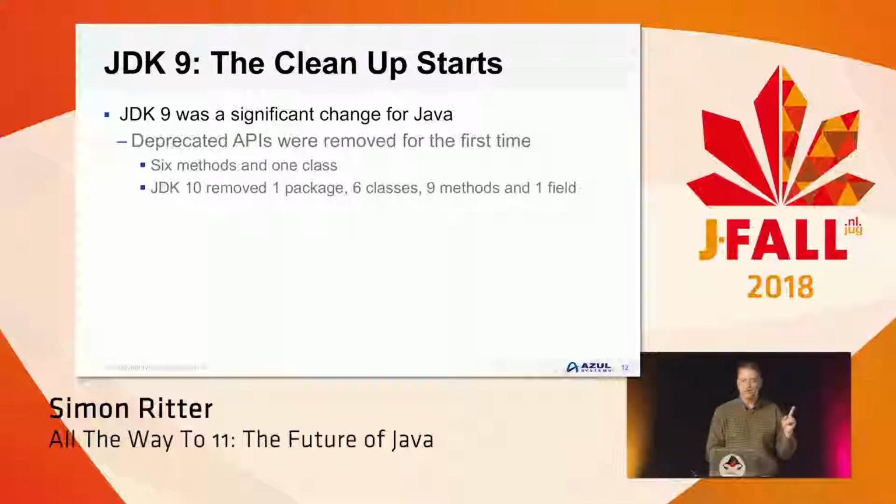They removed one class, which actually wasn't even part of the standard. That was in the Java Authentication and Authorization Service. And they removed 6 whole methods. That was it, 6 methods. And you look at that and you go, well, what did those 6 methods do that was so bad that meant they were the ones that got removed?